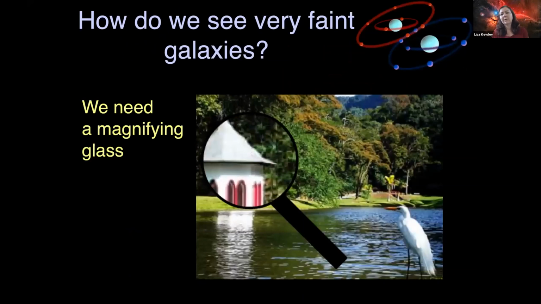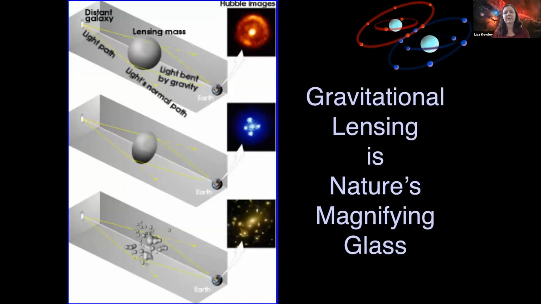And so how do we look at the most distant galaxies? Because they're really, really, really faint. Even with our largest telescopes that we have on Earth or with our largest space-based telescopes, they look like tiny little dots, and it's really hard to measure. So we actually need to do better than our current telescopes. And so what we use is a really nifty technique called gravitational lensing.